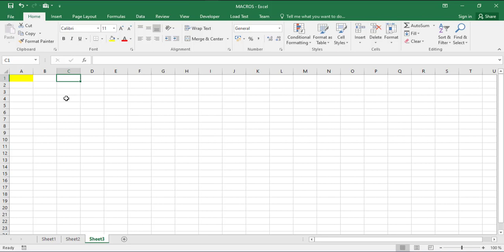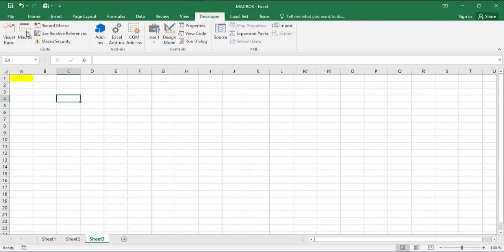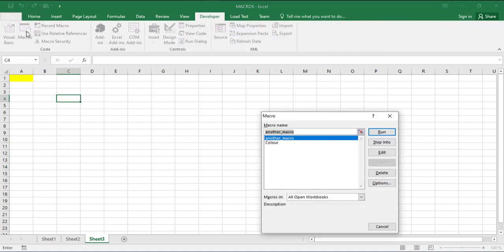Now let's play back our macro and see. We have this cell as the active cell, which is cell C4. The moment we run our macro, it will color this cell, C4, with yellow color. Then the active cell moves to the next cell. So let's go to the developer tab again, then go to macros. When you click on macros, you see that there are other macros here, so you just click on the color macro, then you click on run